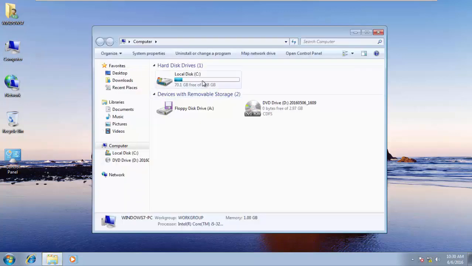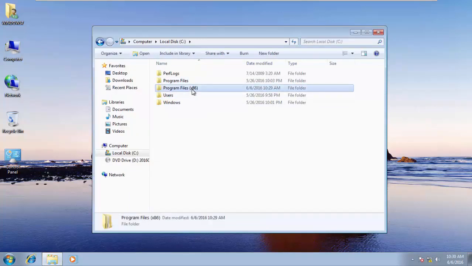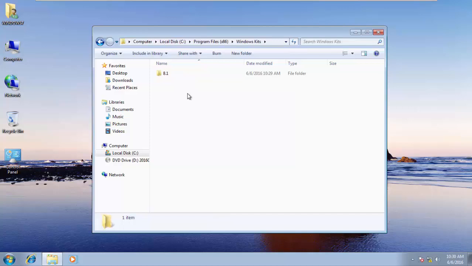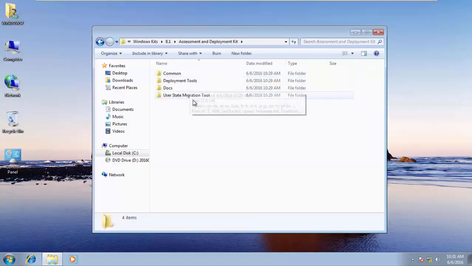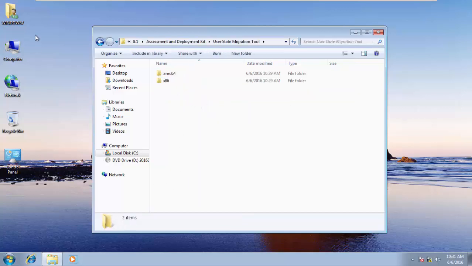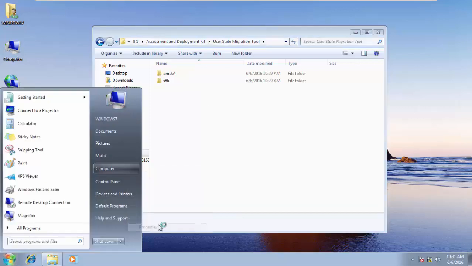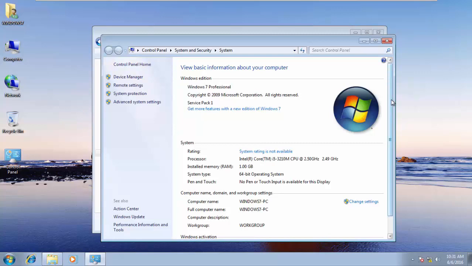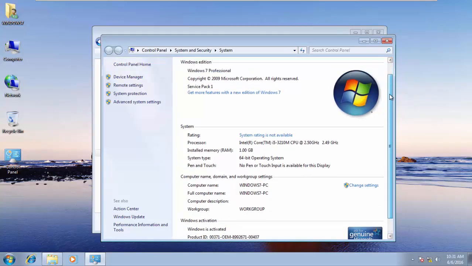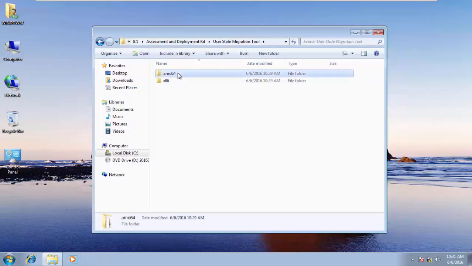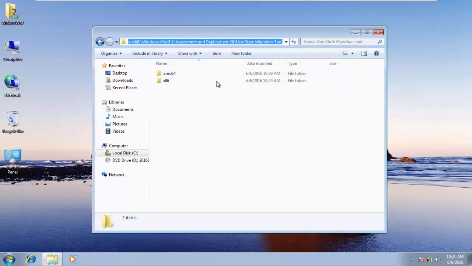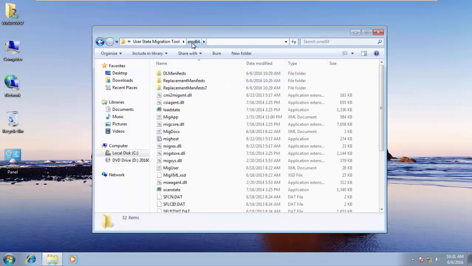So I'm going to open my computer here and open C drive, open Program Files x86, and open Windows Kits. I'm going to open 8.1 here and open Assessment and Deployment Kit. We have User State Migration Tool over here. I'm going to open it up, and because we're using a 64-bit version of Windows 7 and my target machine that I'm migrating this data and settings to is also running a 64-bit version of Windows, I'm going to copy the AMD64, and this is what we're going to use. One thing that you can do here is navigate from your command prompt to this location in AMD64 and run the scan state command